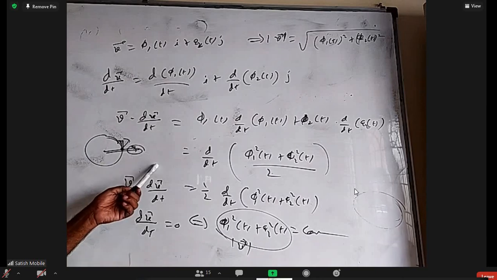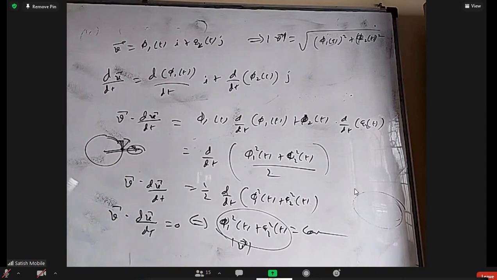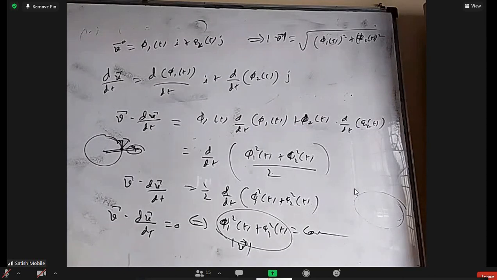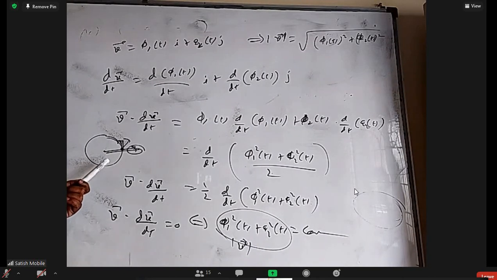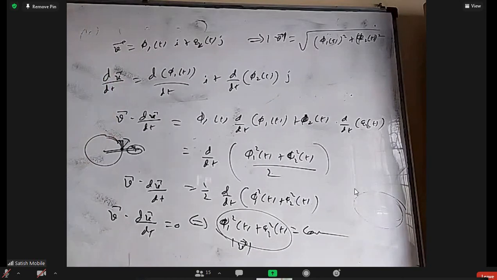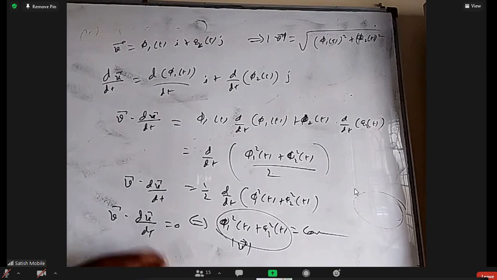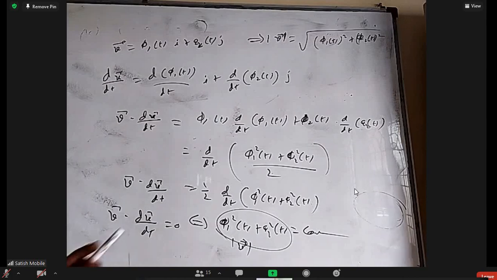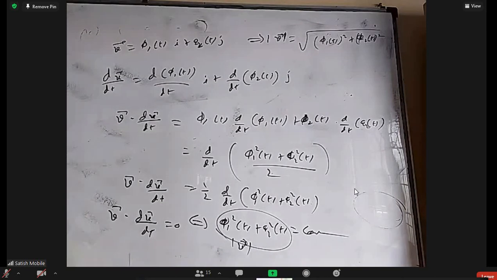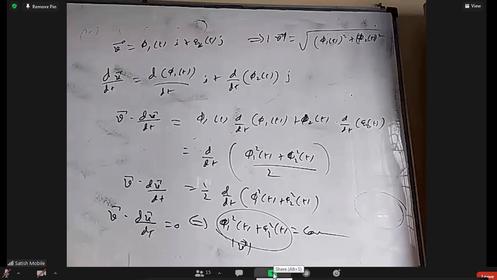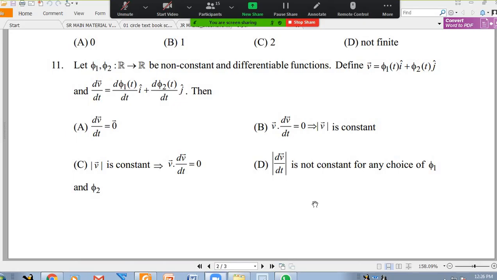If there is a tangential acceleration, then we'll also have a tangential velocity magnitude. In the place of v, you can imagine s here. This is s and this is ds by dt. Unless velocity and displacement are perpendicular, the magnitude of displacement doesn't change. You can take velocity and acceleration, or you can take displacement and velocity.